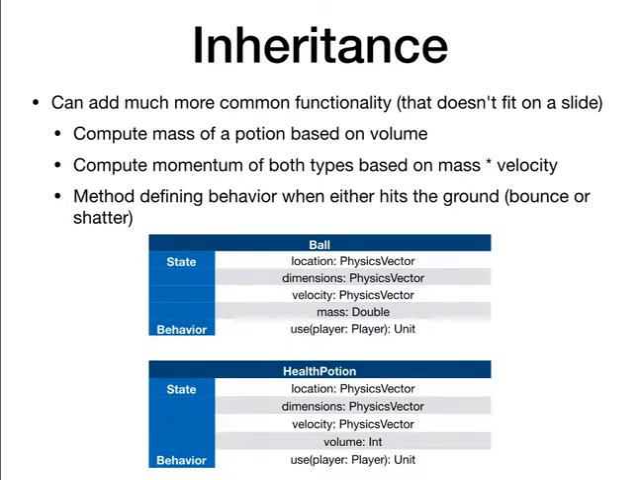So, maybe we want to add more things. If we have mass and volume in either, which behave completely differently based on these two objects, but there might be something we want to derive from these values. What if we want to take the mass and volume and derive something for the momentum? We want to compute the momentum of potions and balls. We could compute that in either of these, and then we'd have some more common functionality between these two